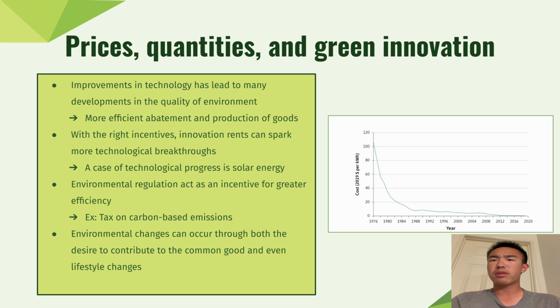Due to innovation rents driving progress, if the right motives arise to create innovation rents, then there would be many more technological breakthroughs. One example of this is solar energy. Subsidies to companies creating solar energy related equipment and those that install them have led to more research and development being done. Not only that, demand has increased, which lessened its price due to companies improving their production line. Unfortunately, renewable energy like solar and wind can only be utilized within certain conditions, making fossil fuels preferred in the absence of subsidies. On the other hand, imposing a tax can create innovation rents by changing the prices of certain things to promote innovation.